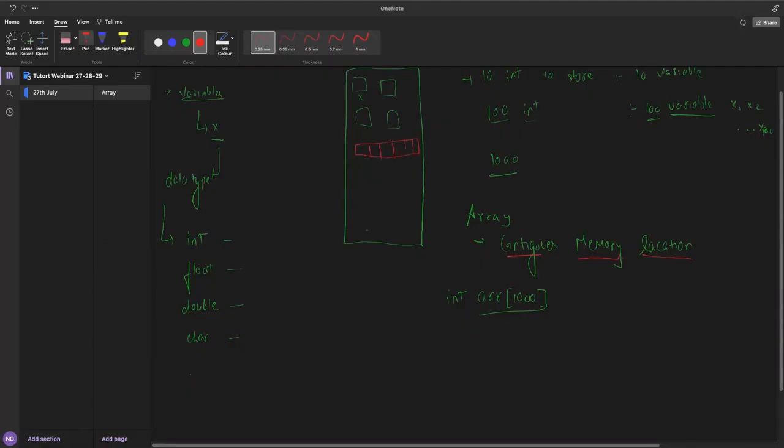That is called contiguous memory location. When we define an array like this, internally each element is treated as an individual variable. This is the whole contiguous memory location it took.